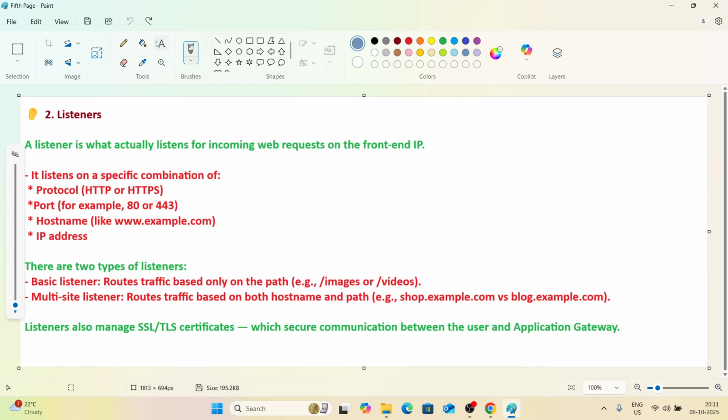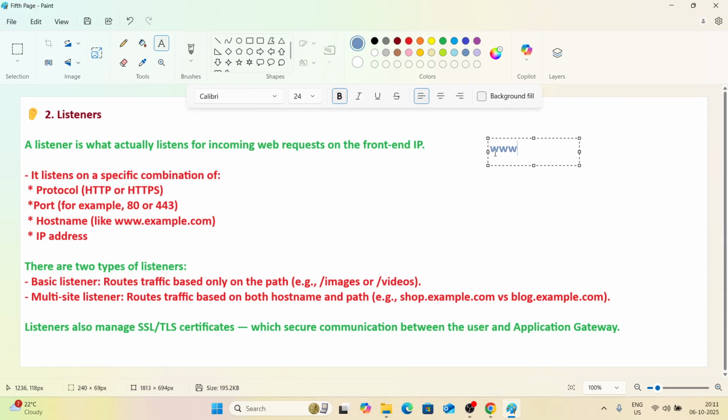So now, if there is a request for www.google.com and